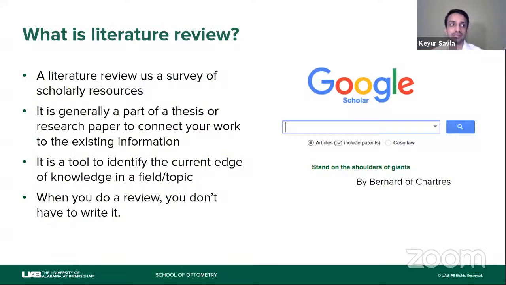So the first thing is, what is a literature review? A literature review is a survey of scholarly resources. A scholarly resource can be anything: a book, an article, a paper, anything that is out there in terms of spreading knowledge or scientific information. It is generally a part of a thesis or a research paper, to connect your work with the already existing information. So what it does is primarily